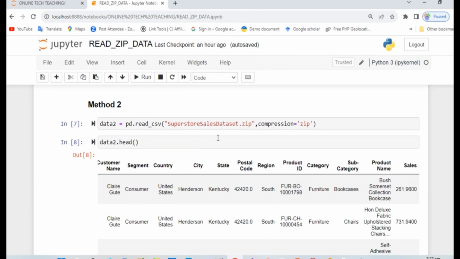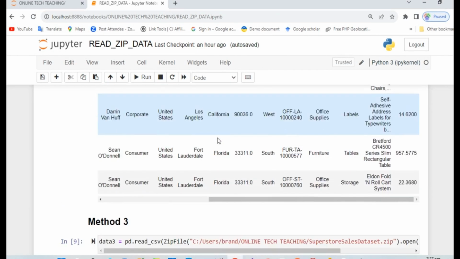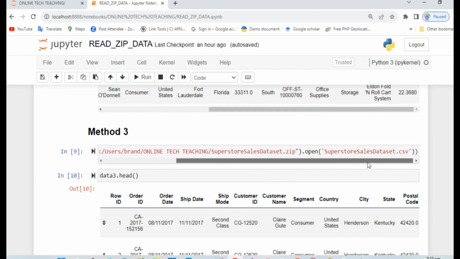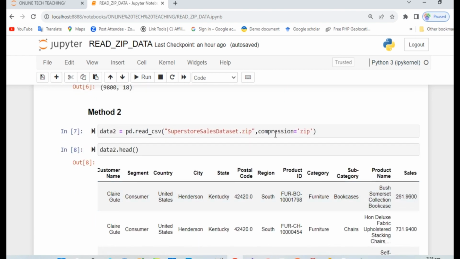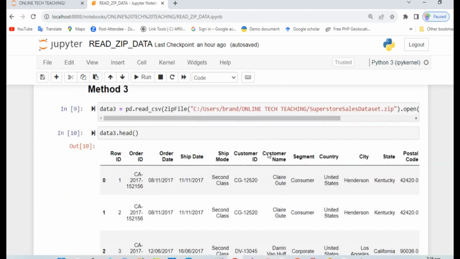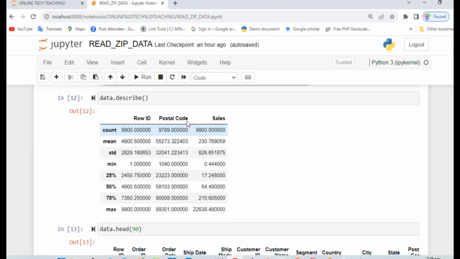Using the third method, I use .csv. Look at it here: I say open CSV. And we're able to use the second method as well, using the compression keyword to tell Python that this is a compressed file. We are using compression and I pass it a zip. So we're also able to check the descriptive statistics